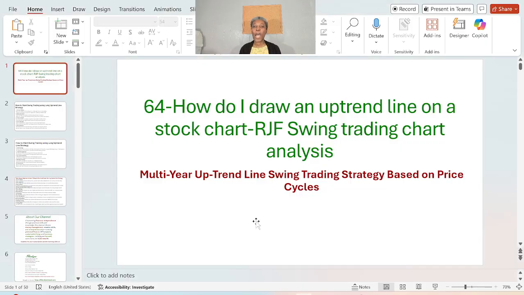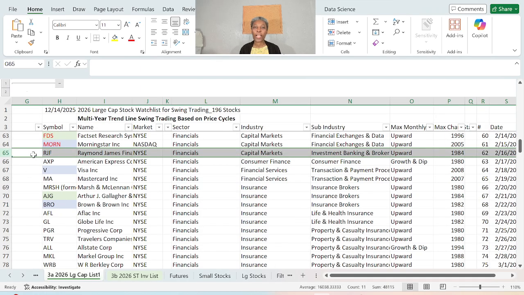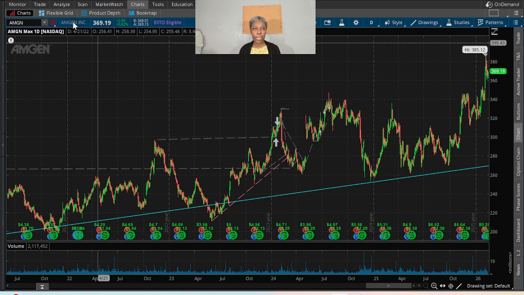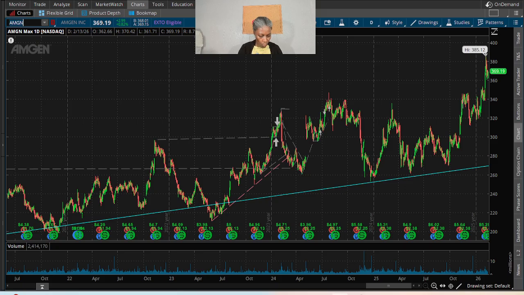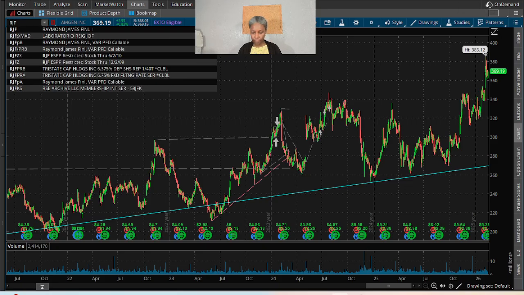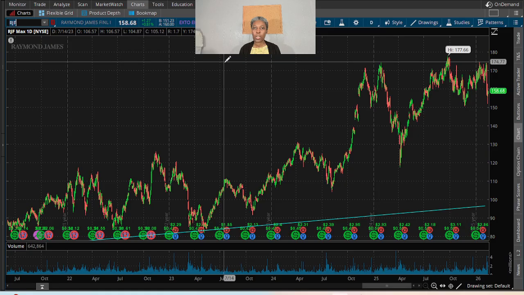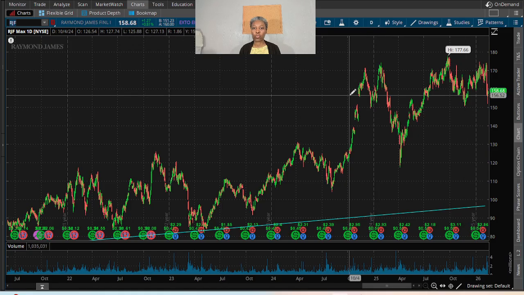Hello, how do I draw an uptrend line on a stock chart? Let's take an example. Today we are going to analyze RJF, as of today, February 16, 2026, and we are on the maximum daily chart, and I'm going to put RJF. So having RJF here, to draw the uptrend line,